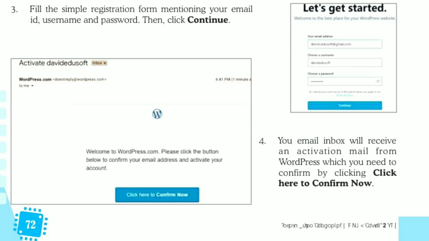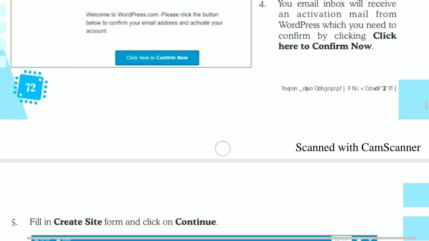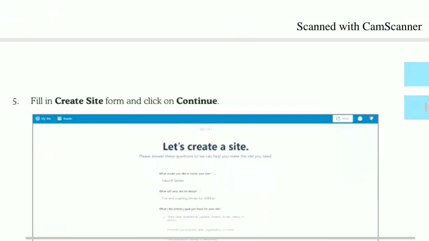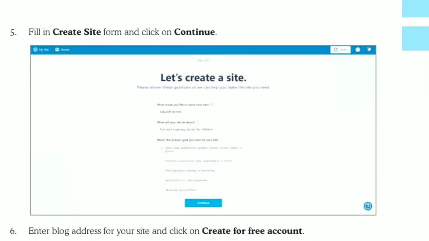Open that mail and click the Click here to confirm now button for creating the blog account by authenticating yourself as a valid user. As we click on this, a new window will appear named Let's Create a Site.